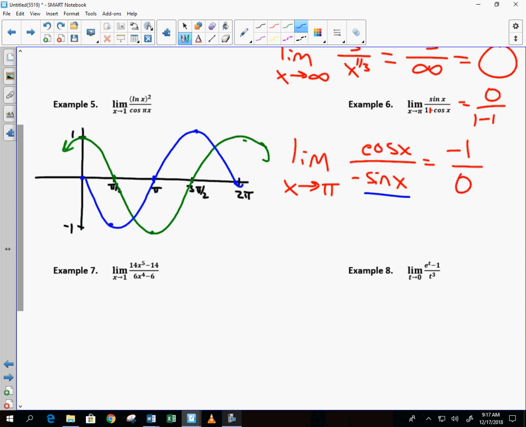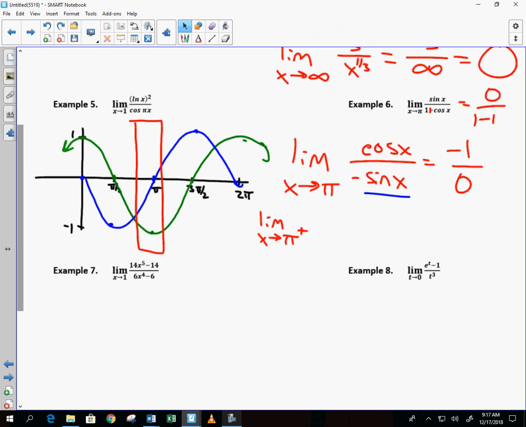And so as I think of cosine of x over sine of x at the value of pi, this is where I'm looking at it, okay? Let's let x approach pi, the limit as x approaches pi, and let's start from the right-hand side. As I approach pi from the right-hand side, what is the output of the green function going towards? -1. Everybody agree it's headed, the green function is headed towards -1? Great. So I have -1 over,